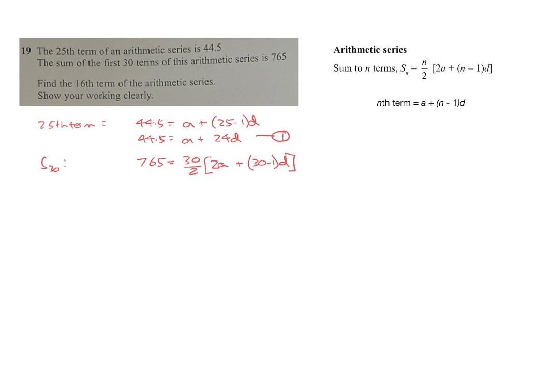Let's tidy this up a little bit. What have I got here? I've got 765 equals 15, bracket, 2a plus 29d. Looks nasty, but a quick check on your calculator would show that 765 divides by 15. So I have 51 equals 2a plus 29d. Again, that's another equation with two unknowns. That's going to be my equation 2, and now you can see we're going to be using simultaneous equations to find the values of a and d. So I'm going to take equation